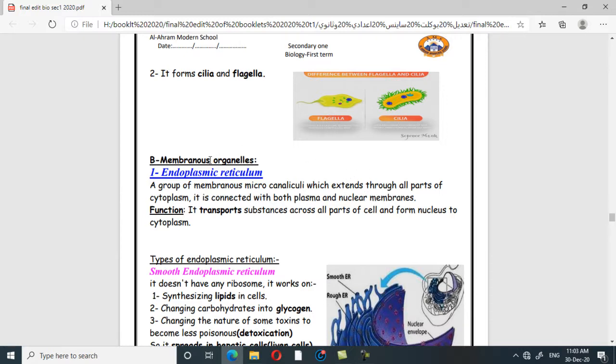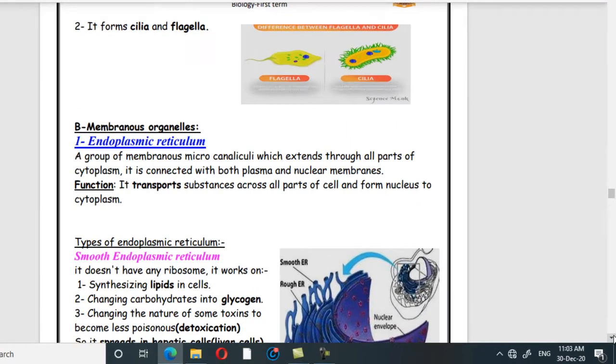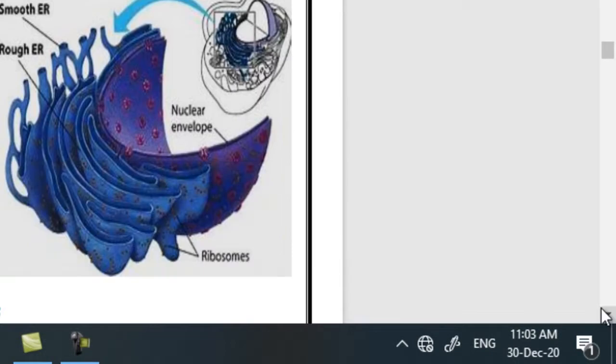Let's complete the membranous organelles. We have finished the non-membranous organelles. Let's start with the membranous organelles, and the first organelle is the endoplasmic reticulum. The main function of the endoplasmic reticulum, whatever its type, is to transport substances inside the cell, to move substances from one place to another. It's like tubes. But we have two types of endoplasmic reticulum according to the attachment of ribosomes or not. If it contains ribosomes, it's called rough ER, or rough endoplasmic reticulum, and its function is